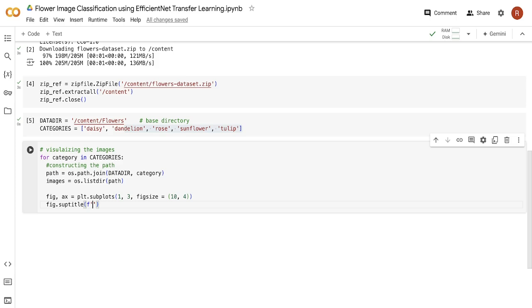So let me say category, and we'll also give the font size here. So let the font size of the title be 18. After that, we will write a for loop here to display the images. So for i in range 3, as we want to display 3 images, so 0, 1 and 2. Then we will say image name is images,